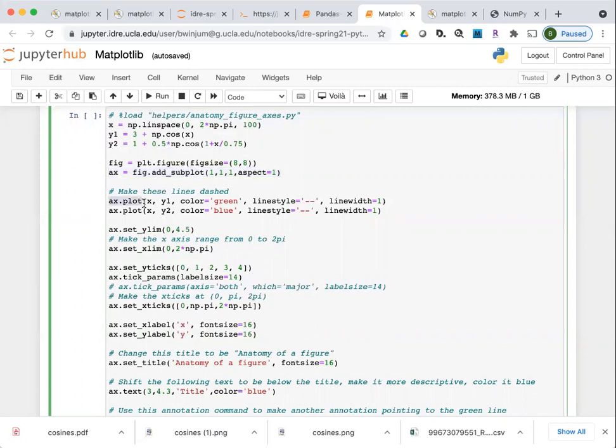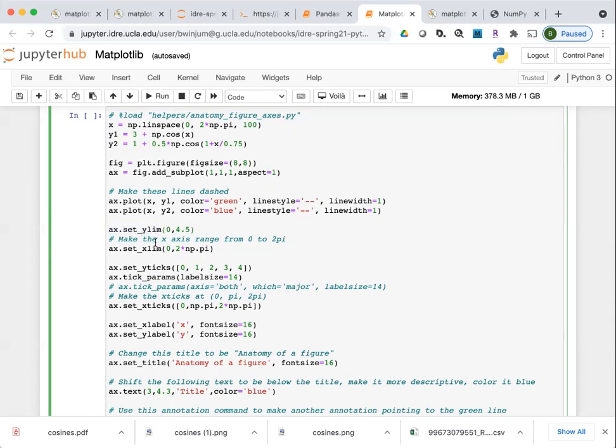But here, instead of plt.plot, I call ax.plot. Instead of plt.ylim, with a lot of these axes objects, you don't just call the method, you call something which sets the values for a particular element of the plot. So now instead of plt.ylim, this is ax.set_ylim.